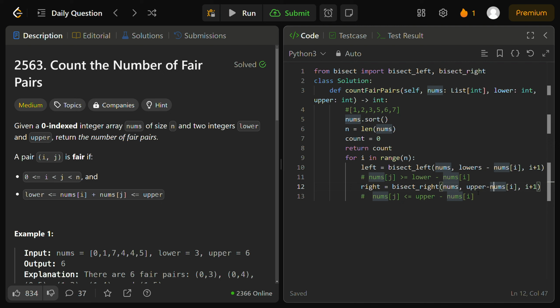And so this index is going to mark the upper bound of valid j values for that current index i, where nums at index i plus nums at index j is less than or equal to upper, and j is strictly greater than i, because we don't want a duplicate element. Once we've initialized these two variables, we simply have to increment our count by